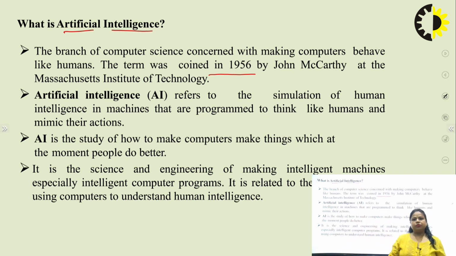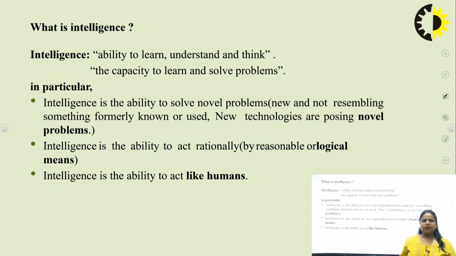When I'm talking about the term artificial, it means we are generating something artificial, like a human being, through a computer system or through a device. But how intelligently we can act in that situation, how we have to do the programming, we are going to talk about the term intelligence. Intelligence basically means the ability to learn, to understand things, and to think about the given problems so that we can solve them.